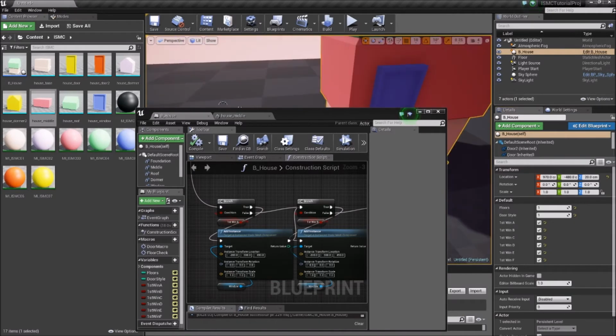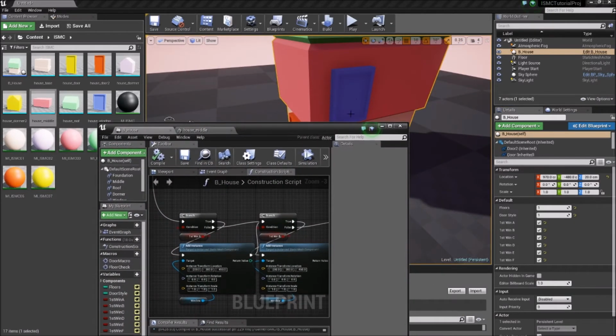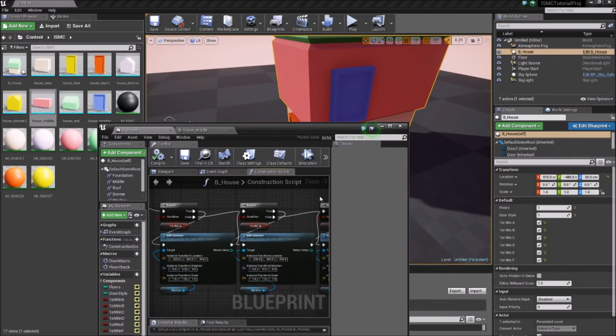But you see we're only getting 1 window, and that's because we have 6 instances in the exact same world space. So we need to go through and set up where these windows are going to be